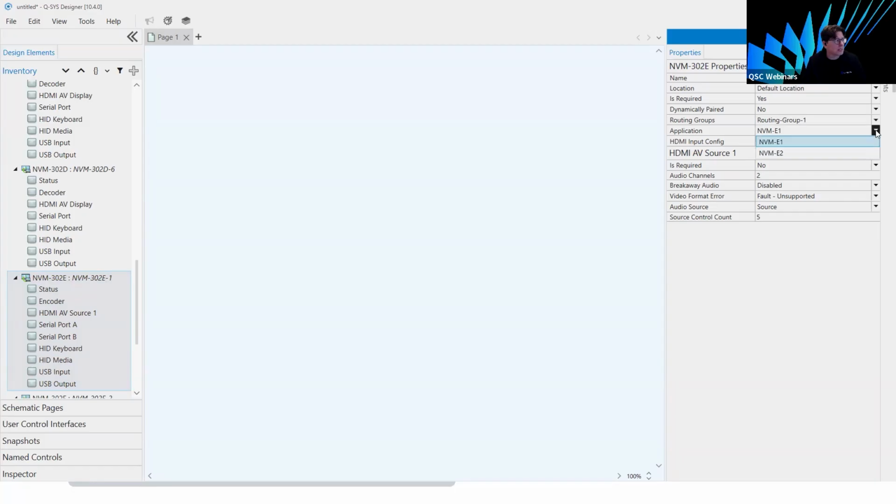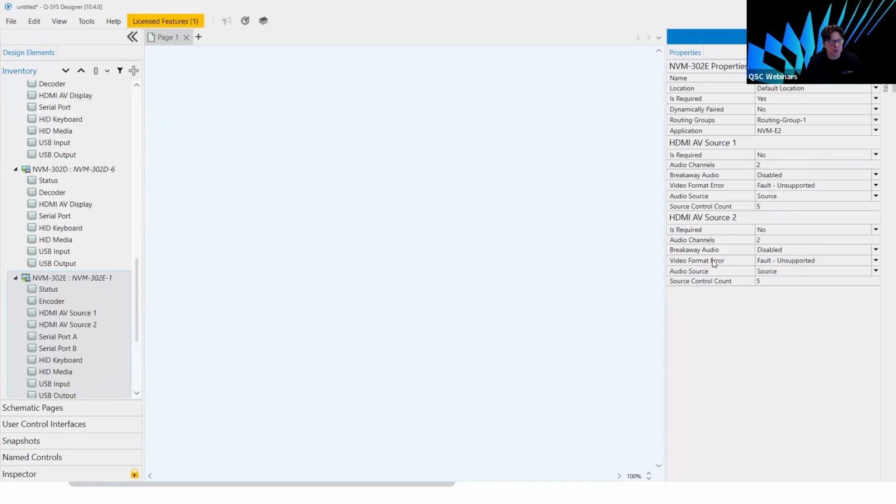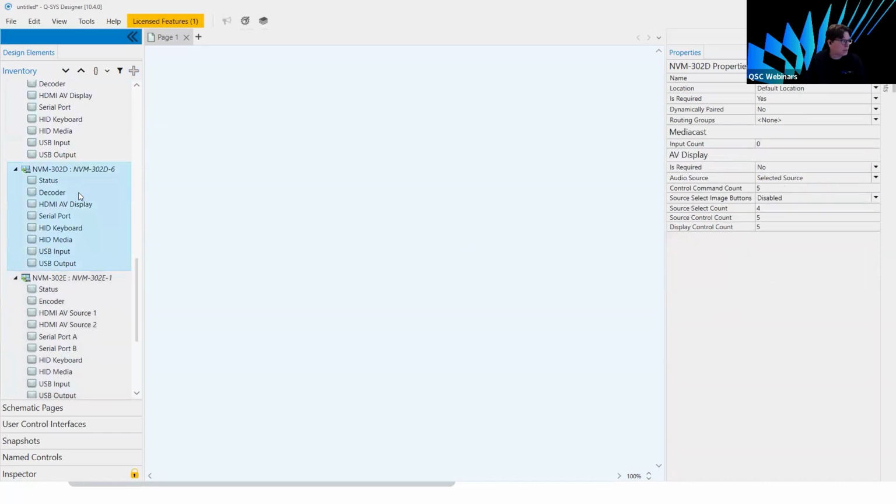This is also where you can say, oh, I have the E2 instead of the E1. I have the 2-stream version of the encoder. And you can see that your second HDMI source actually appears there. So you can do all of this natively with properties. And we're going to actually delete a bunch of these things